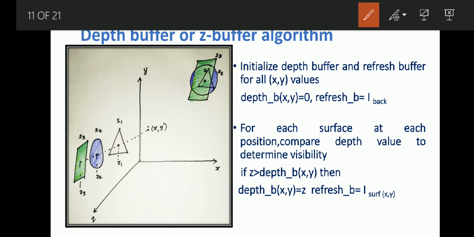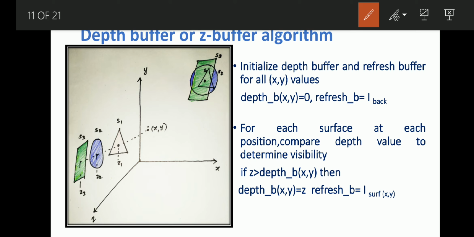After initializing, for each surface at each position it compares the depth value to determine visibility. If Z, the depth of the surface, is greater than the earlier saved depth, the new depth becomes Z, and the refresh buffer stores the intensity of that surface at that point.